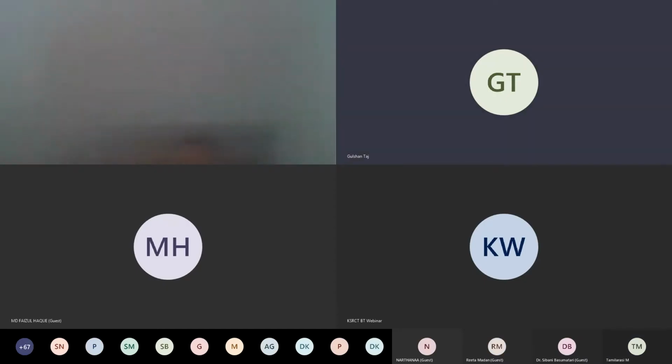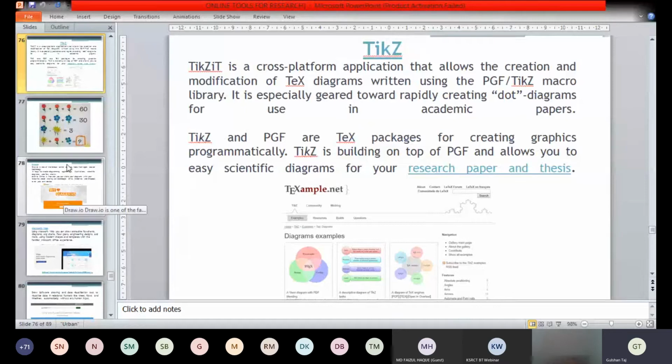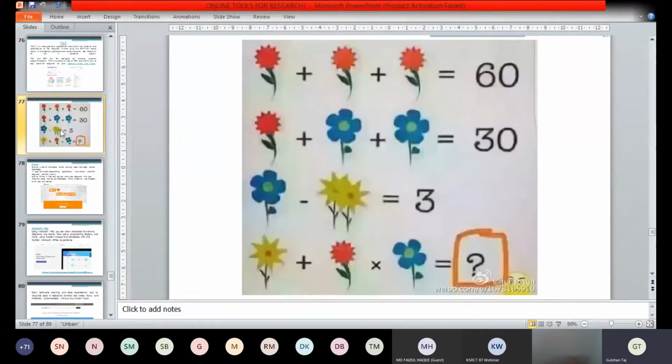So my PPT is here. Okay, now I am in the PPT. Once TikZ is over, in every presentation I will ensure that I have some good interaction with the audience, and I give some break to the audience by asking some questions. So this is today's question. Anyone who has got the answer for this puzzle, I need an answer for the last one, the question mark. If anyone has got the answer, kindly unmute yourself, one by one, not all.